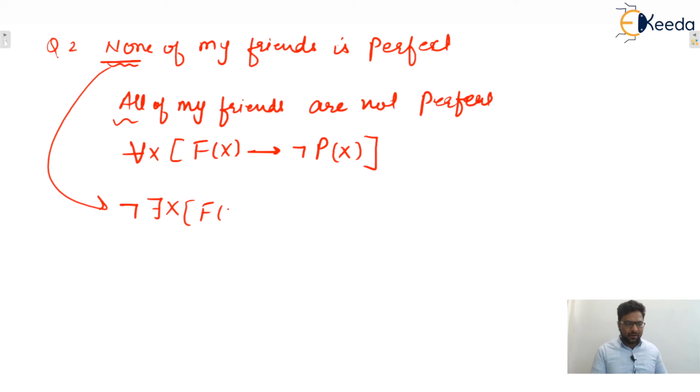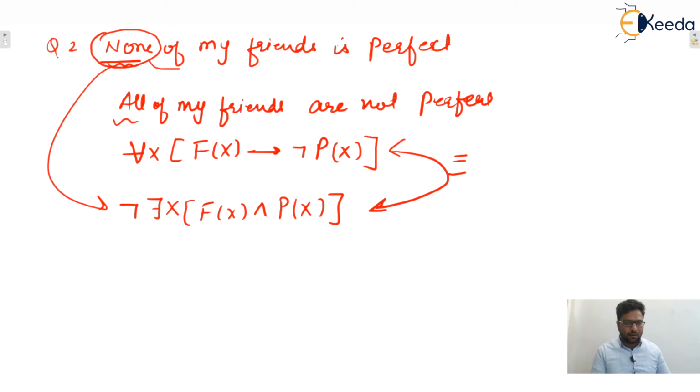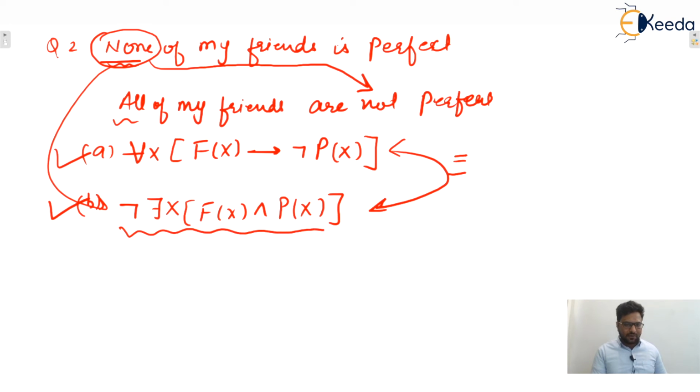If that is friend and we can say that perfect as well, isn't it? We can say that these two statements are equivalent only. So if you just take this negative part in between or after the subject, then it will become easy. Or we can say that options A or B, both are correct. Both are equivalent only, because you can simplify this one.